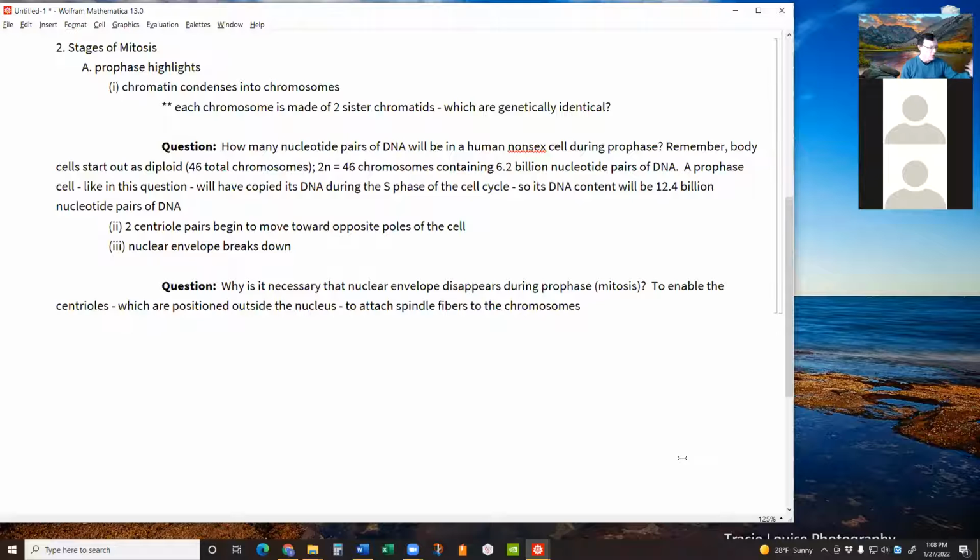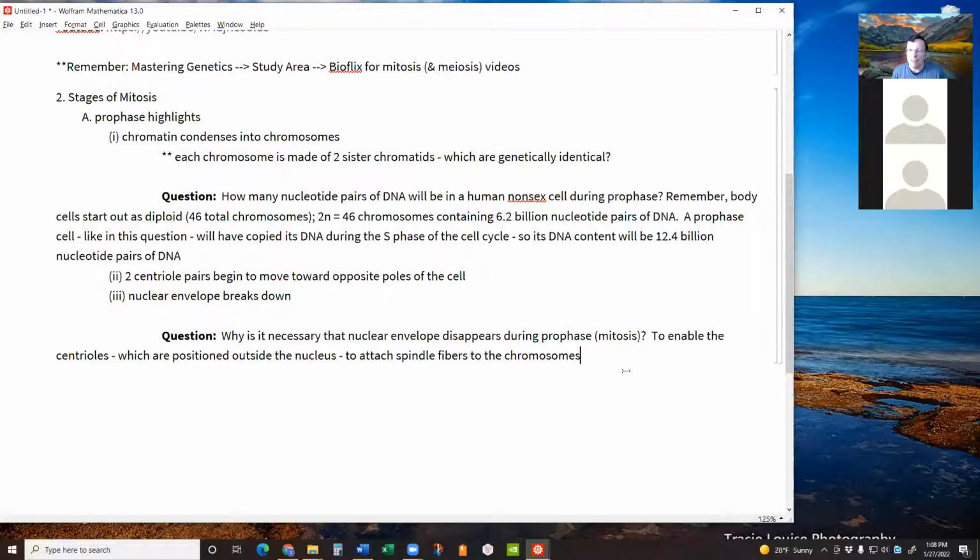Okay, so folks, that is prophase. Please let me know if you have questions. Otherwise, I will just keep right on moving along here. Next, we have